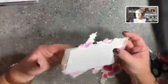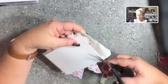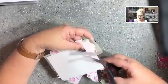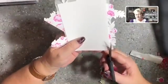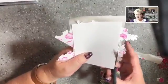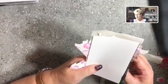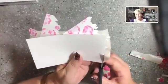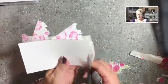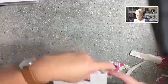Okay, so then we're going to cut all of our edges around our cardstock because we need it to fit onto that rectangle when we're finished. So we're going to do that. And these bits on the outside are bits that you could probably use again. You could use them to make another one if you wanted to, because you could arrange some of those bits onto your cardstock again. But what we're really doing is just creating a rectangle with our little bits all stuck on. Okay,